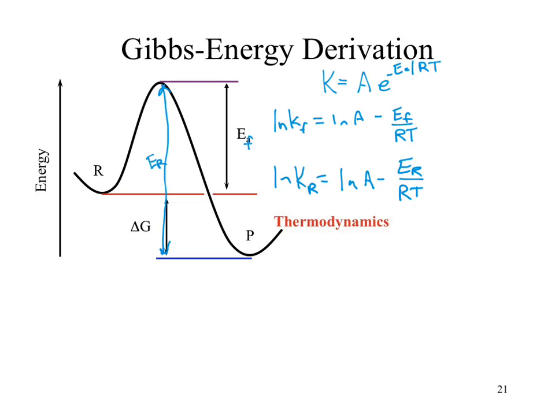I decided to use an approximation when solving this, that our natural log of A, our frequency factor, will end up being very, very similar. That simplifies our calculation. It's probably not exactly true, but we're going to assume it to be true in this case. So what we can end up solving for is the natural log of our rate constant of the forward plus